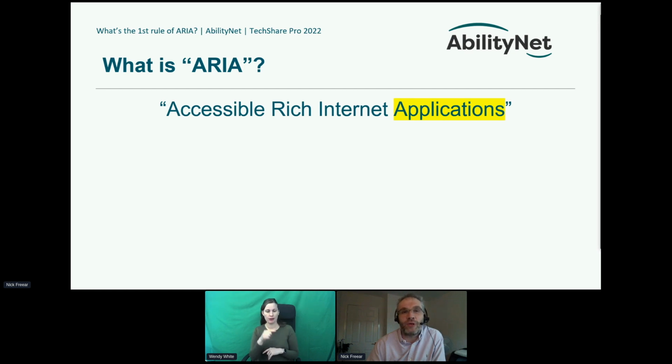This was before HTML5. Websites were becoming more and more interactive and sophisticated, more and more JavaScript, more and more Ajax and complex user interfaces. And basically, there wasn't enough in the HTML spec to meet all the needs in terms of